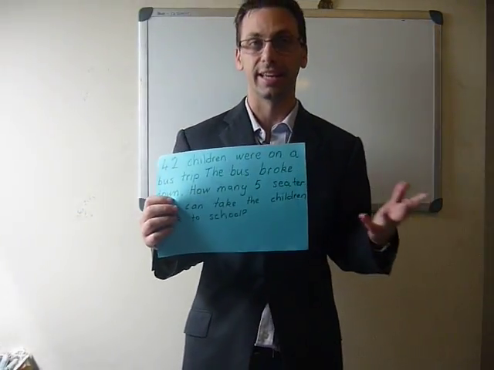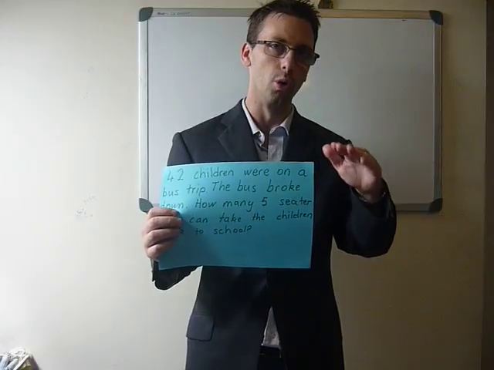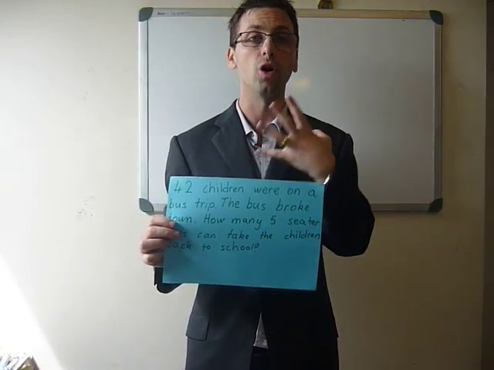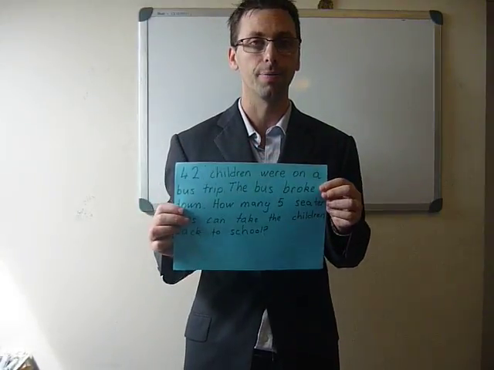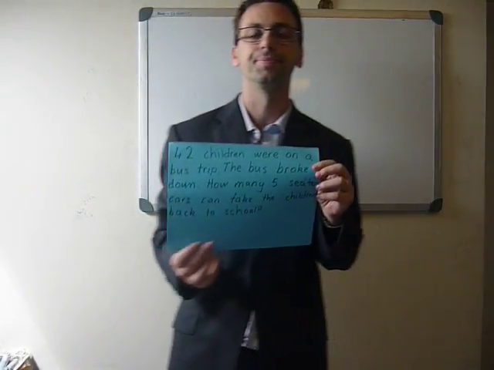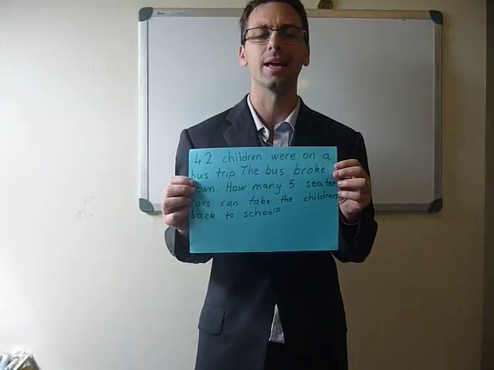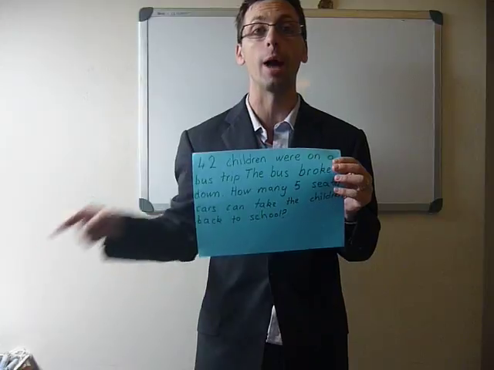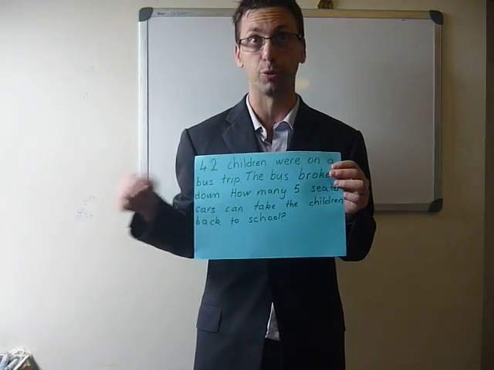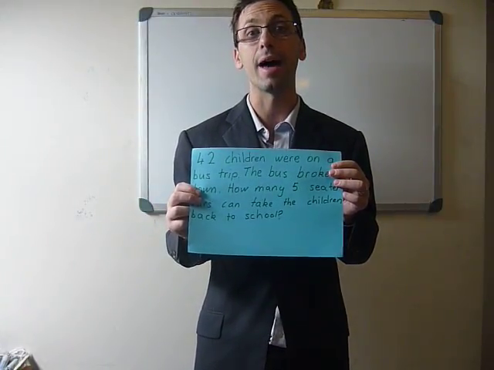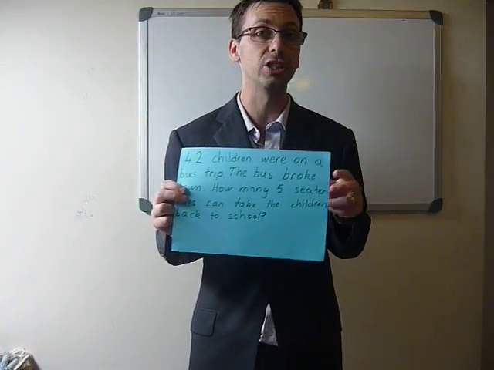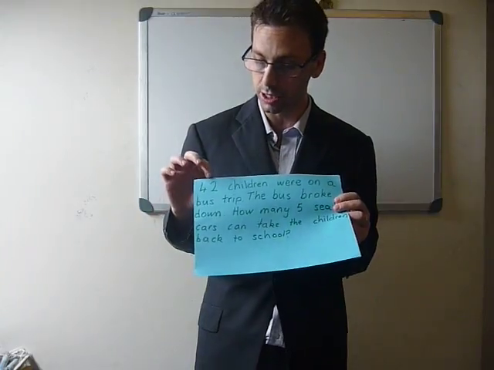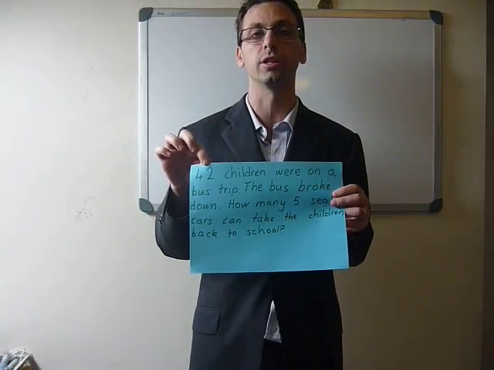Same strategy. Can children drive? No. So how many seats per car? 4. 4 children per car. Now, 42. How many cars? Same strategy. Well, we know that 10 times 4 is 40 from the previous question. So that means we will need 1 extra car, which makes it 11 cars because there are 42 children and